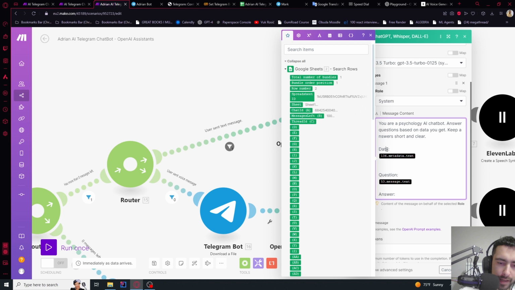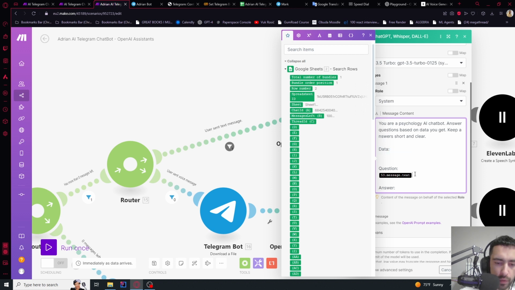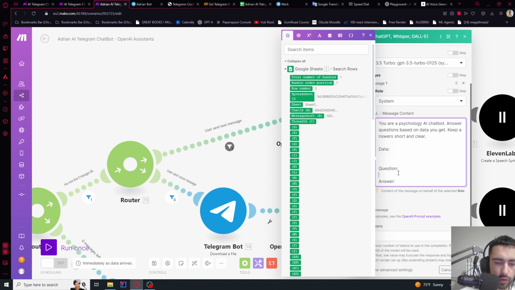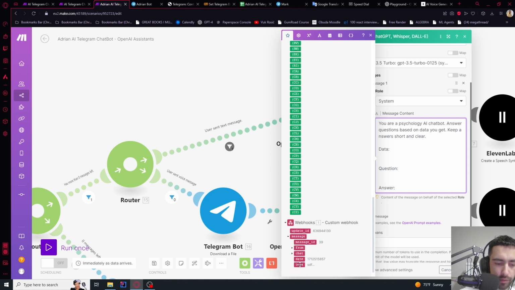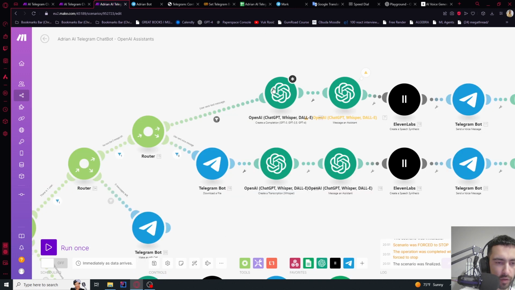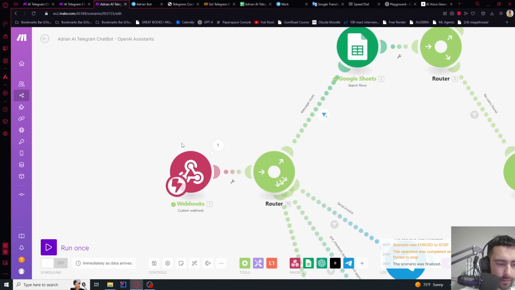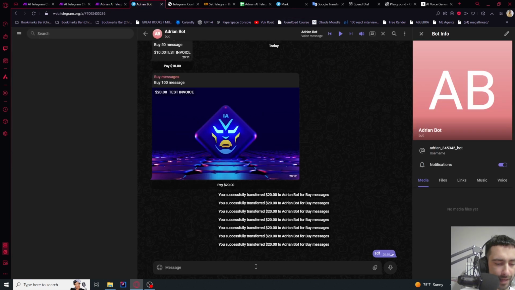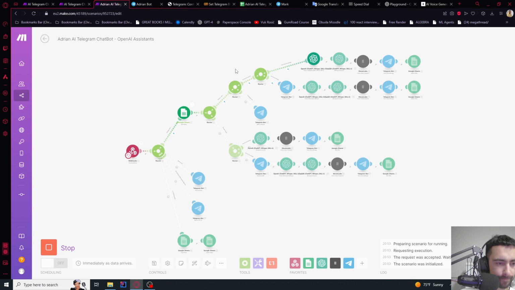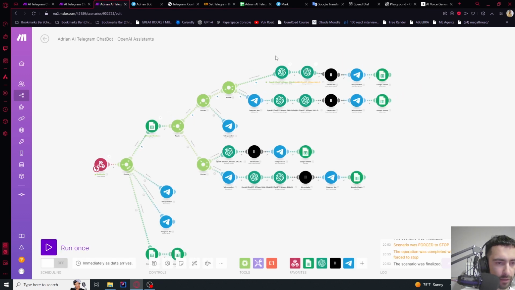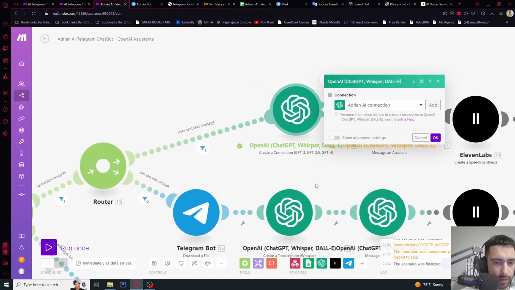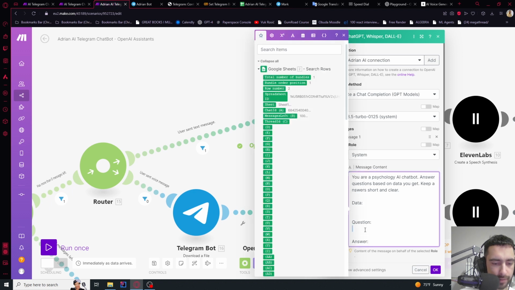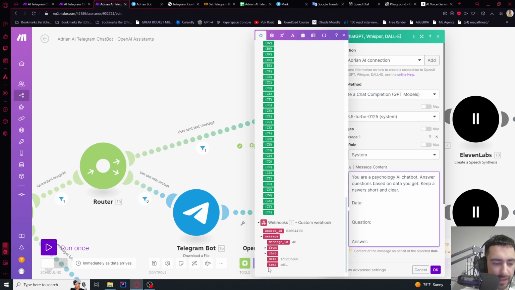And then data. So we don't have this yet. We don't have question. So answer. So question is going to be text from the user. So if you don't have this text object, let me press OK. We need to go here. We need to run once. You just need to run once and send like any kind of text. And I can force stop now. So then we will go here, and where it says question, there's just gonna be text from user, answer, okay,